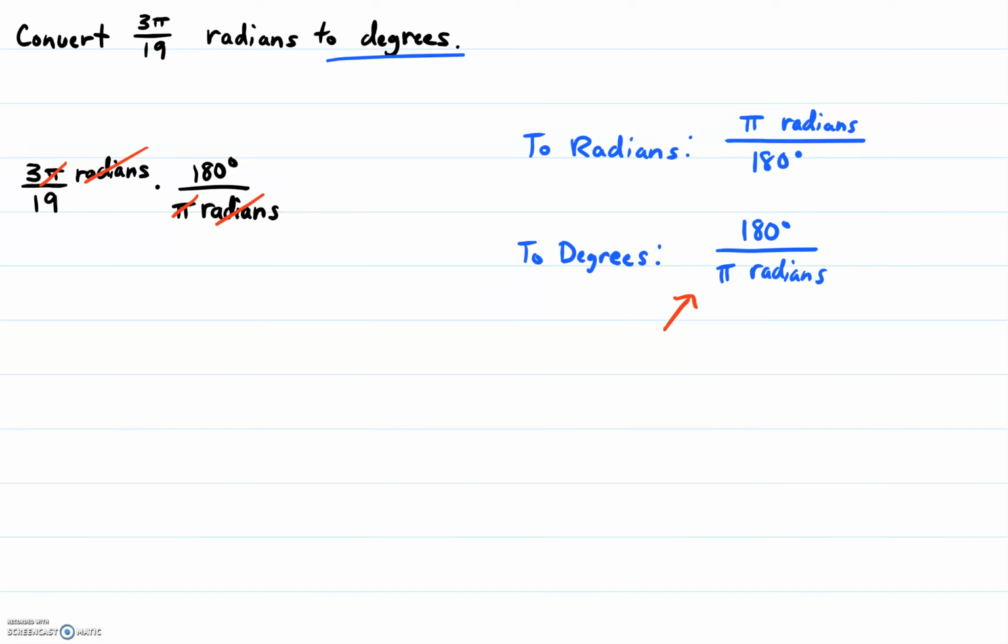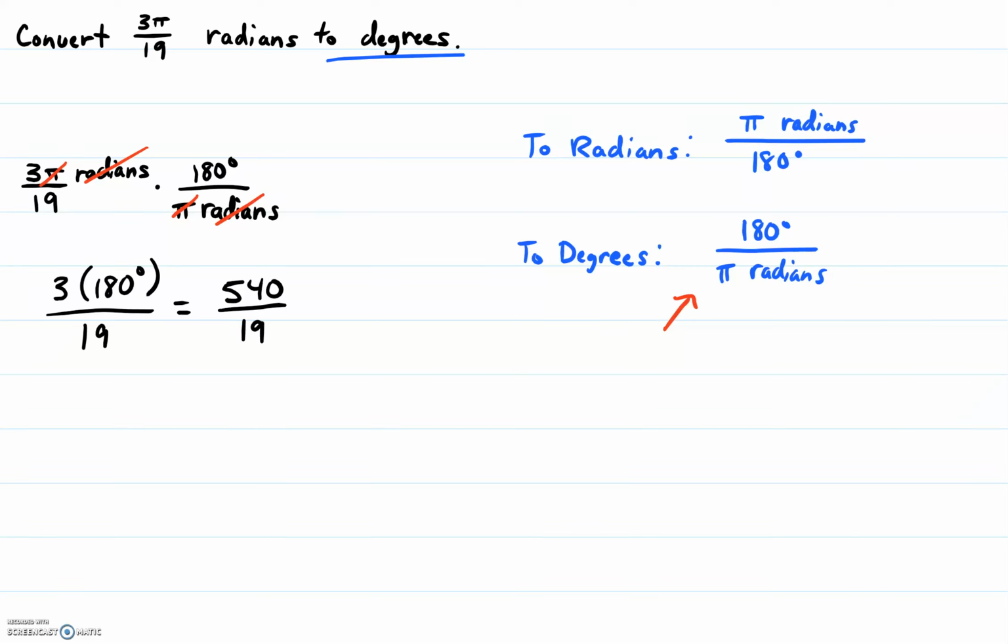And so let's write what we have left over. After canceling all of that out, we have 3 multiplied by 180 degrees in the numerator. In the denominator, we still have our 19 left over. And then, of course, 3 multiplied by 180 is going to give us 540